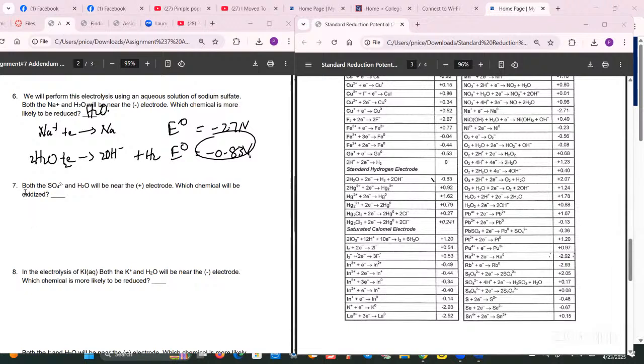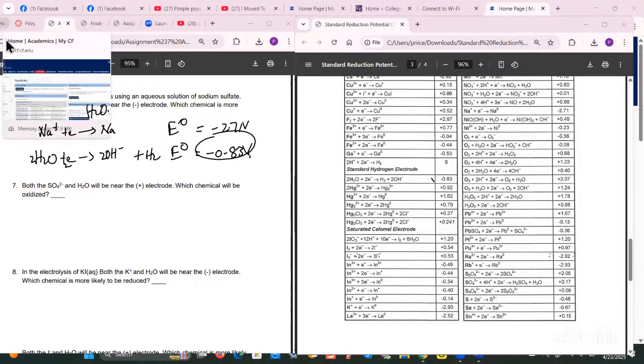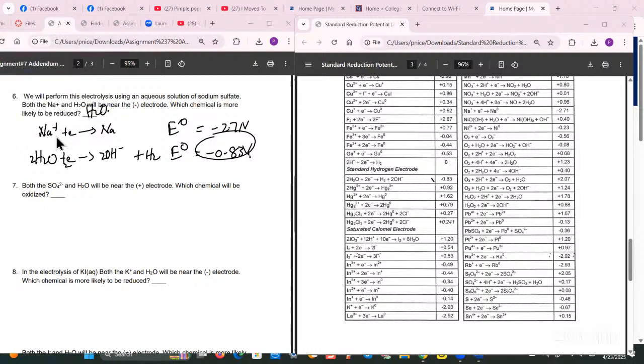Now, in the case of number 7, it says both the sulfate and water will be near the positive electrode, the anode. So it's asking for which of these two would be oxidized. Yes, ma'am. For 6, how do you know which one to use, given that you have several equations to start with? Well, you look for the one